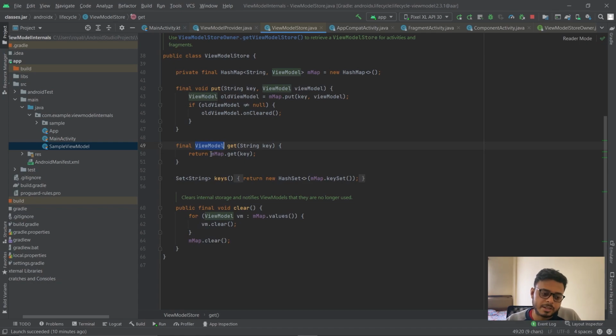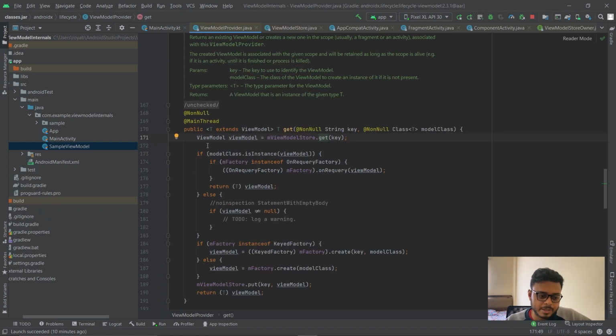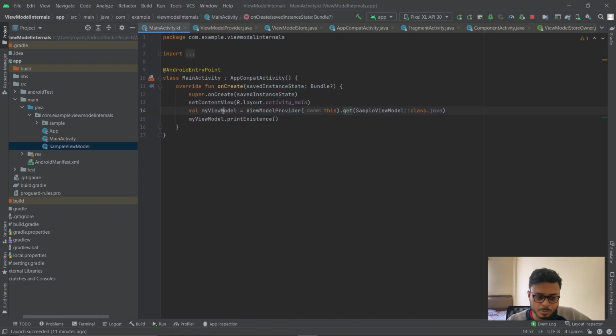So it would try to get hold of the view model from the hash map. In case it does not get one, it will return null. So here we get hold of the nullable view model, and then we check if the model class is an instance of the view model reference that we just got. If it is, then we return the view model, and you would get your view model assigned over here and then you can do anything with it.